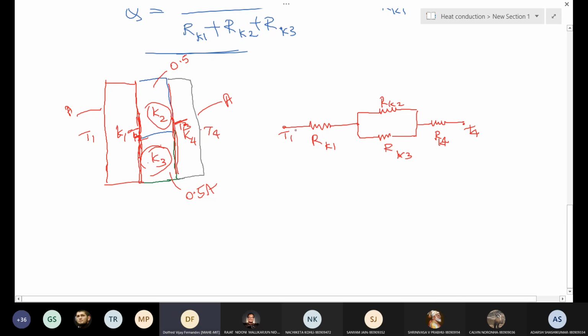You cannot have otherwise; this is the law of nature. You can see it even in an electrical circuit: you cannot have different potentials at the junction. So it's very natural that if K2 is less than K3,